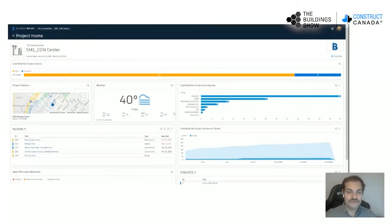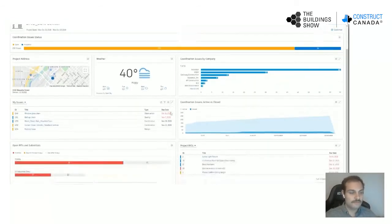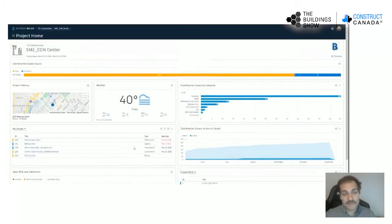Of course, there's a number of different player cards that can be adjusted and imported into the screen. If you're particularly interested in the RFI functionality, that information could be clearly demonstrated right here on the home page, so you can have full visibility of that and track that appropriately. So of course, as I mentioned, this page is completely customizable. I brought up ones that are specifically for Coordinate, but one thing that's important to note about BIM 360 is that